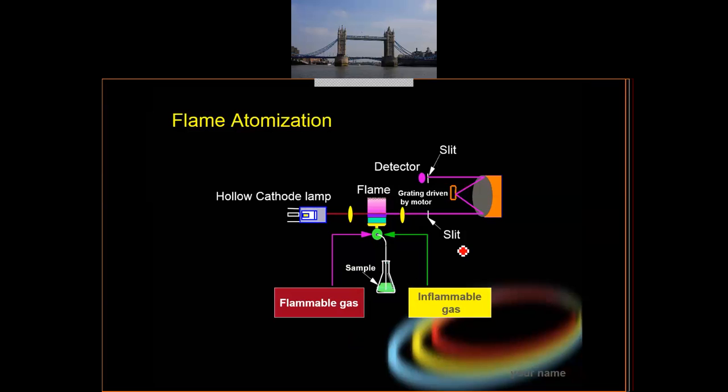Okay, this is, I think, a better schematic diagram here. So we have a sample here, you put it in a conical flask, and then it will be sucked. This is the first stage just now, or the second? The sample introduction system. It will be sucked and then mixed with the